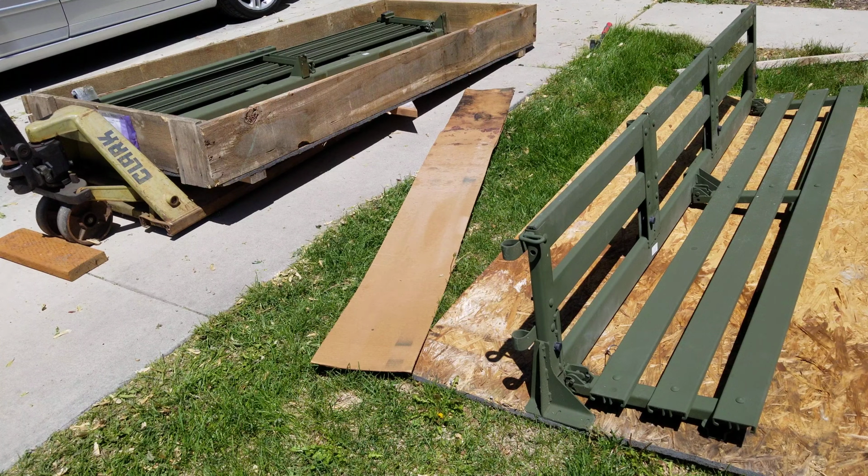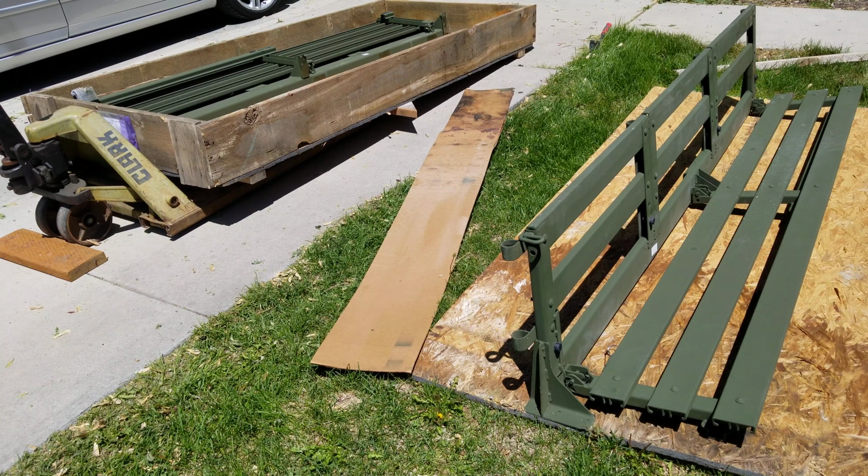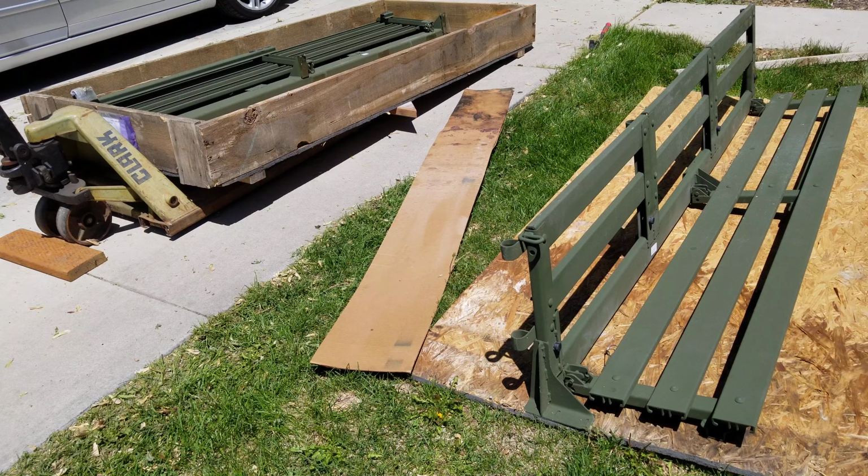The vehicle that I got through GovPlanet, it looked to be a vehicle that had some use, but you can tell by the interior it hardly has any use at all. And I think it got relegated to a parts vehicle to keep multiple other vehicles running. And so it was missing a good amount of things, but obviously the price that I wound up paying for it was a lot less. But anyways, it didn't have the troop seats, and this guy on eBay had these troop seats that are,